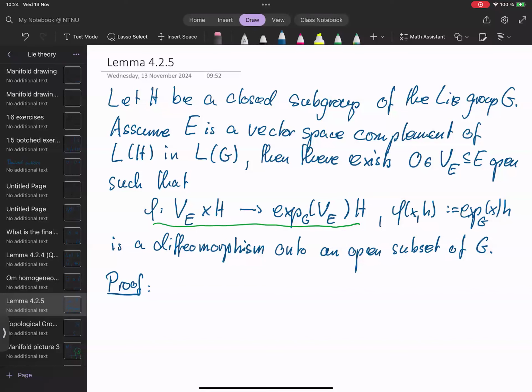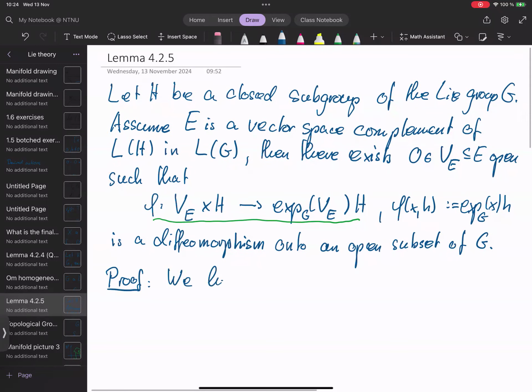neighborhood times the subgroup is a diffeomorphism onto one of these product sets where we exponentiate the zero neighborhood with respect to the Lie group exponential of the large group and then multiply with elements in H. And so the claim is that this is a diffeomorphism onto an open subset. And this is quite different from the usual things we do because, I mean, we know that